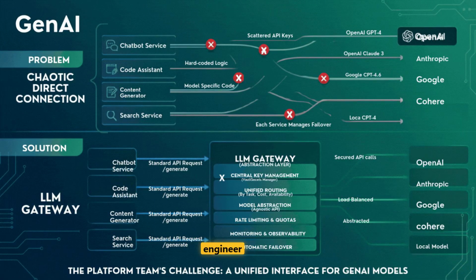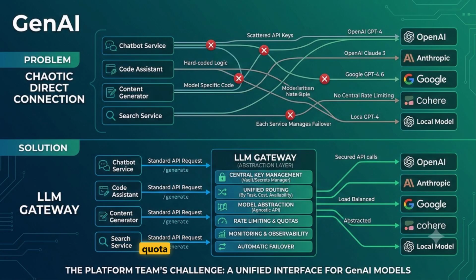Next up, in scene 2, we will unpack how to engineer the exact rate limiting and quota algorithms that prevent one rogue service from draining your entire enterprise